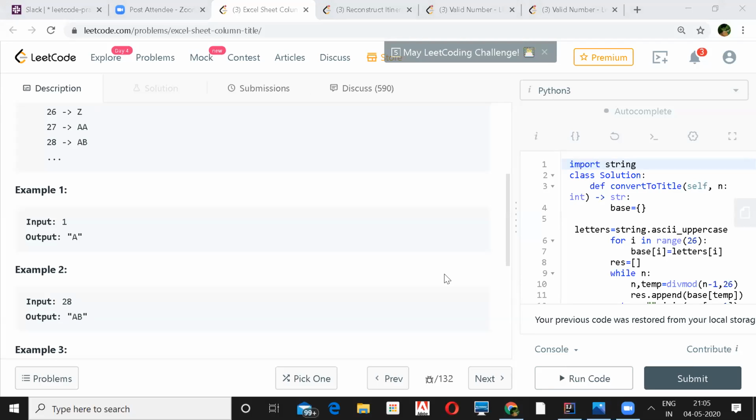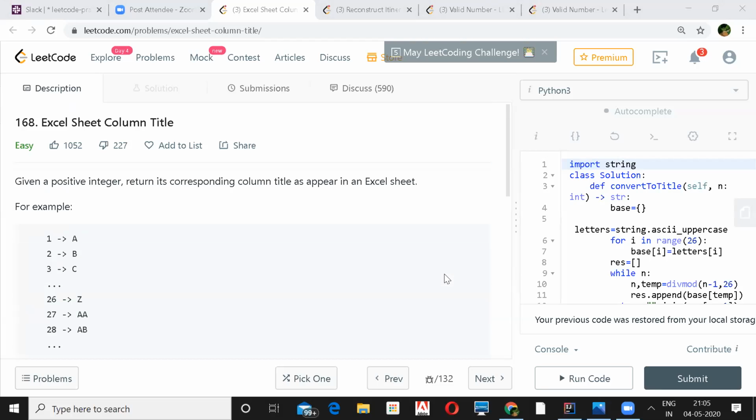The remainder will become the last digit and the divisor will become the first digit, something like that. Or maybe I just swap both of them. It's a similar approach.